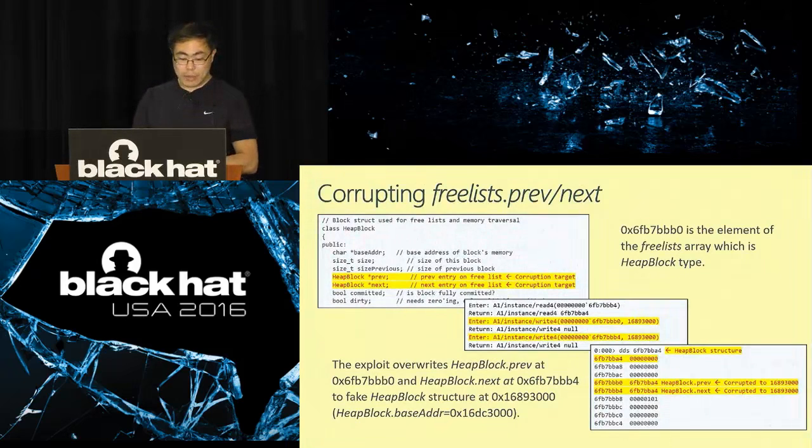But the thing is that when you override those fields and make it point to your own heap block structure, the first member of the structure is the base address. And if you assign your own shellcode address to this base address, then it will be pointing to your own RW permissioned address, right? Then